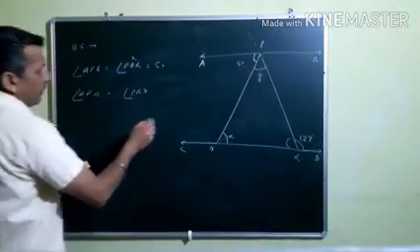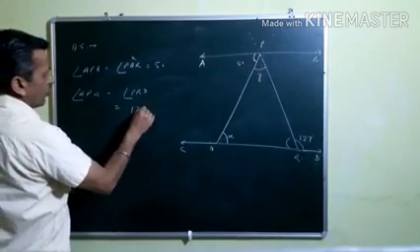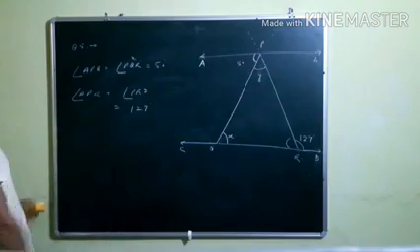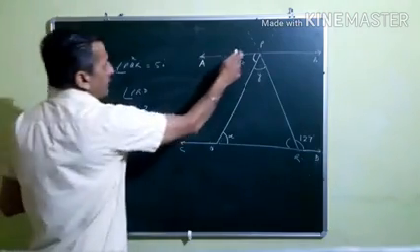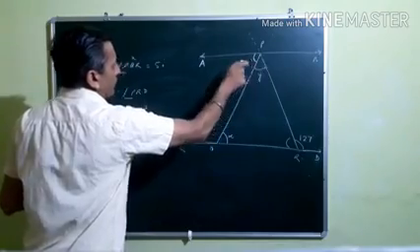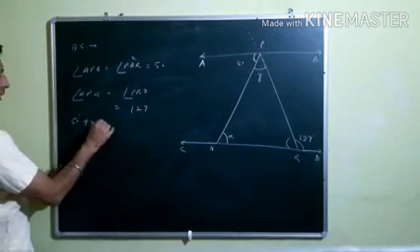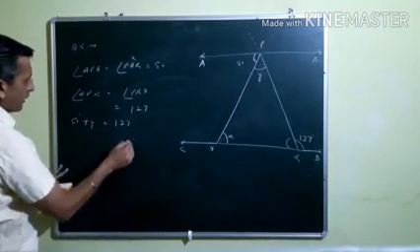Angle PRD, that is what you have given, is equal to 127 degrees. Now what is the value of APR? APR is divided, this whole angle is divided into two parts. That's 50 plus Y. So it is 50 plus Y, and that is equal to 127 degrees.